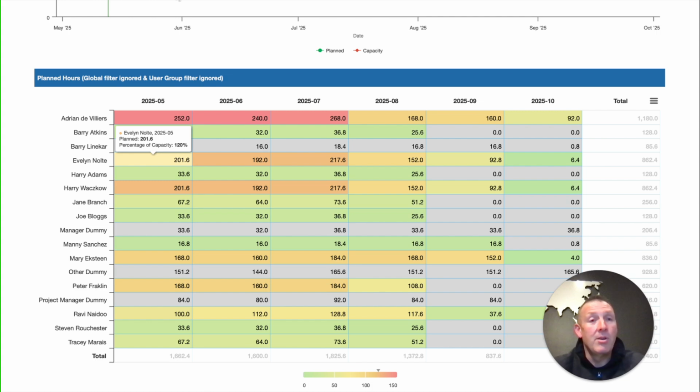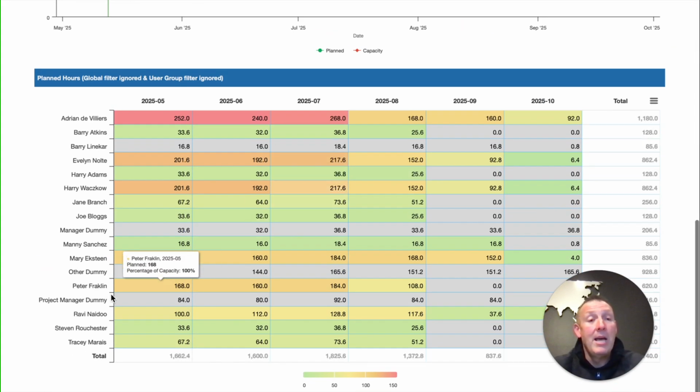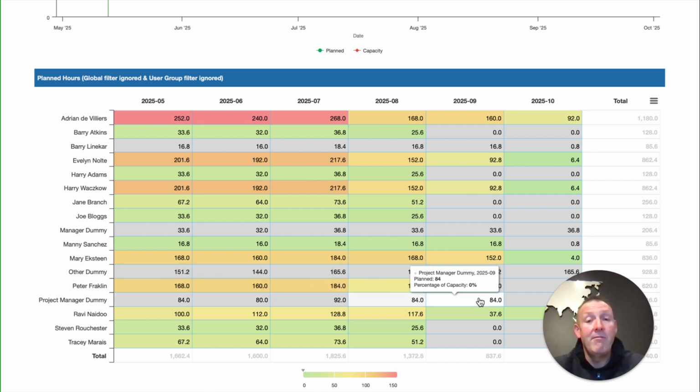All of this results in the ability for you to manage the portfolio, see where there are constraints on resources, see potentially where other resources are required or may help, and you can even plan for specific roles where you'd be able to say, I'm looking for a project manager, and we can see in this organization, they need 84, 80, 92, 84, and 84 hours in a specific month, so that looks like about a half FTE of project managers, which is not yet allocated. Luckily, we can see that some of our project managers do have capacity, and therefore will be able to move it in this.